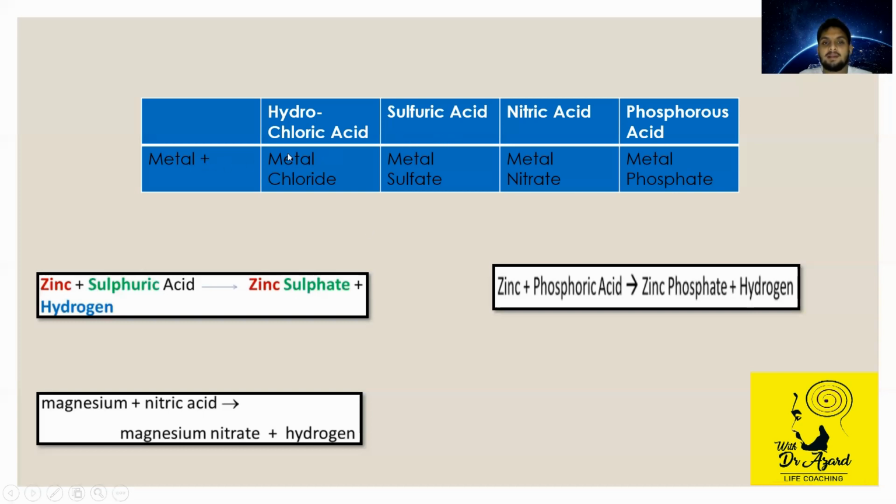For example, when a metal reacts with sulfuric acid, you are able to get a sulfate. If you react with nitric acid, you get nitrate and so on. So don't confuse it with sulfide. When a metal or a non-metal reacts with sulfur, it forms sulfide. So sulfide and sulfate are different. Nitride and nitrate are different. Phosphide and phosphate are different. You will clearly see this when we do symbolic equations. But here, keep that in mind.